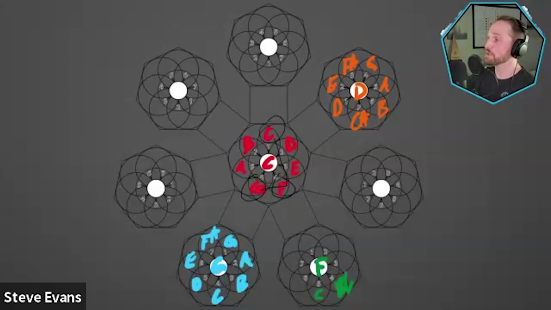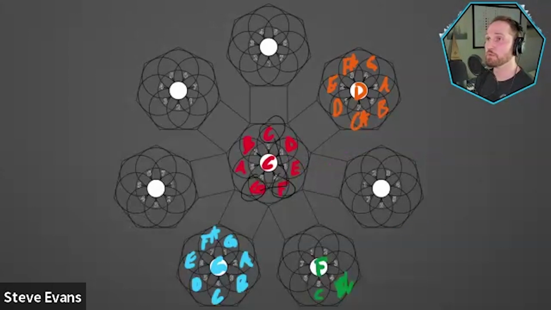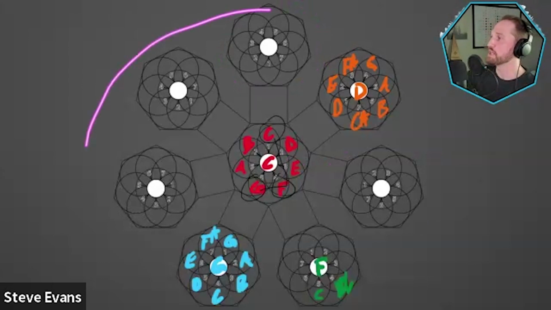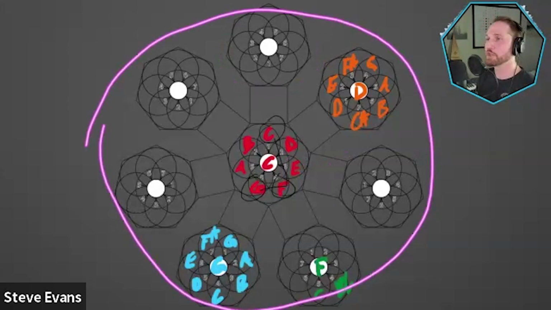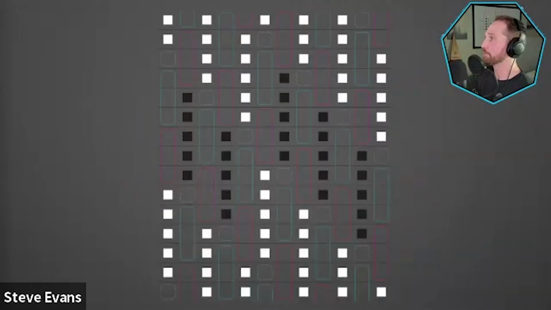So, you can just temporarily swap in E flat if we want to here. We could say that maybe this is an E flat node now, and maybe we're modulating to the parallel minor, or maybe we put C minor up here and things like that. But more often, I use these exercises as a way of familiarizing oneself with where the notes belong to chords and where they belong to keys. However, there is one more level to this, called the torus of fifths,